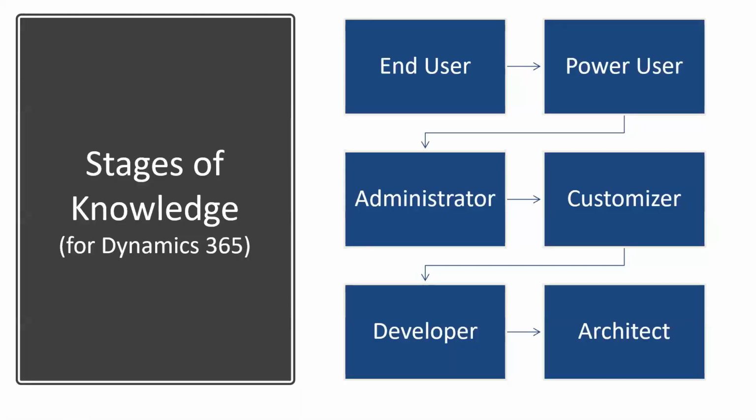So I've broken down the Dynamics universe into 6 buckets. There is no linear progression of any of these. It's just the way that they drew it out. We'll go through each of these, but the main idea here is you start off as an end user, and you can end up being an architect if that is your path. It does not have to be your path. Again, this is my interpretation, and as with anything that we talk about, your journey is going to be slightly different. So don't picture these as set in stone.